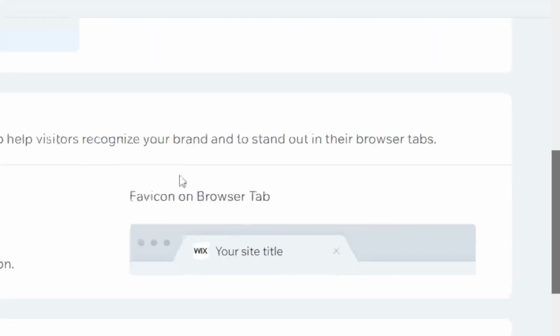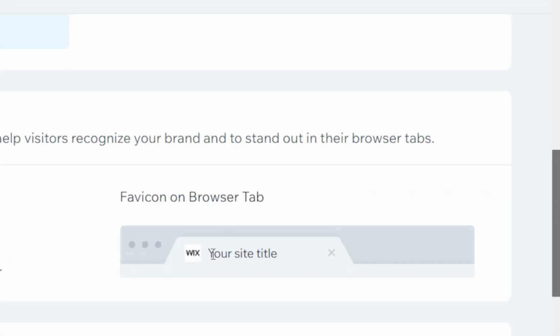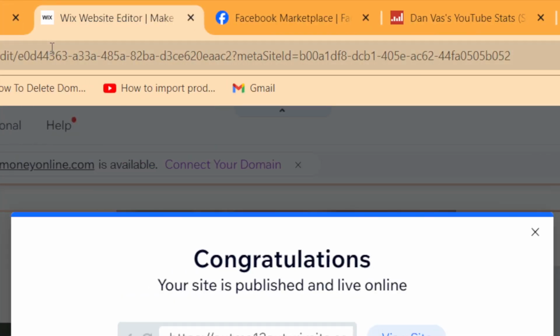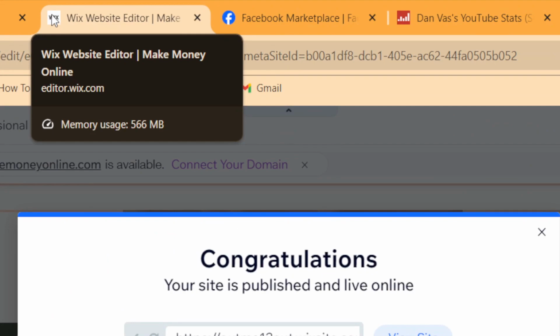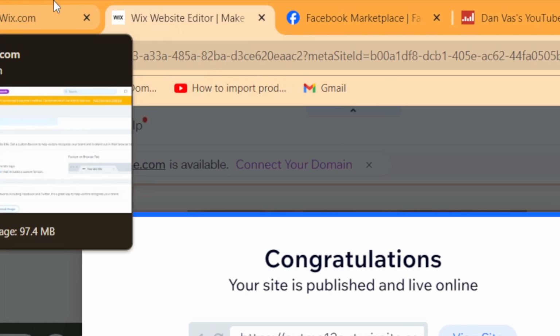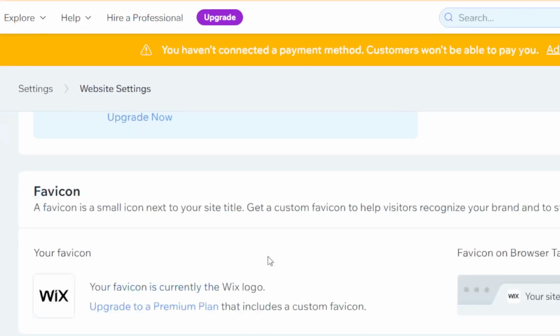As you can see, that will appear in the top left of your Wix website. Like the logo that I'm talking about, it is this one. As you can see, this small logo. You can also change that if you are paying for the Wix subscription. As you can see, it says here